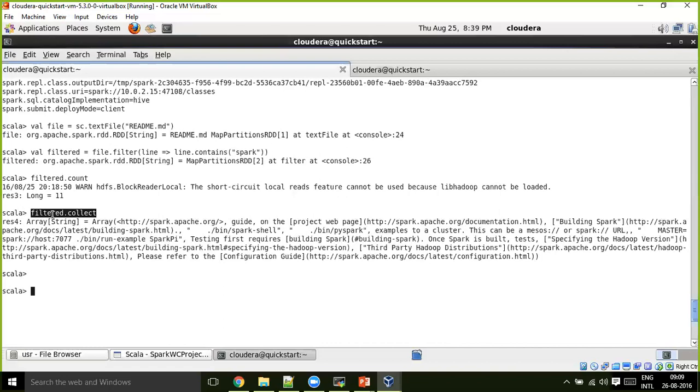Otherwise, it will remove. So if you want the filtered RDD to stay there in the RAM memory itself until you tell explicitly, it will get stored in the RAM memory.